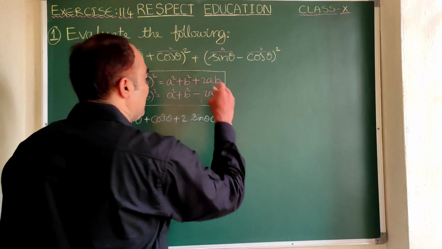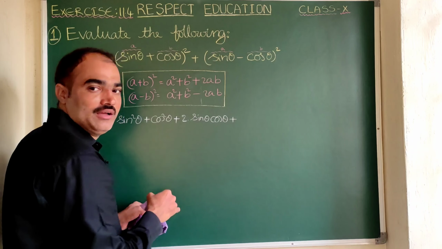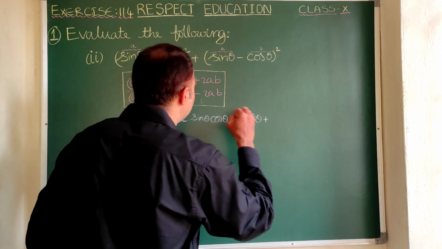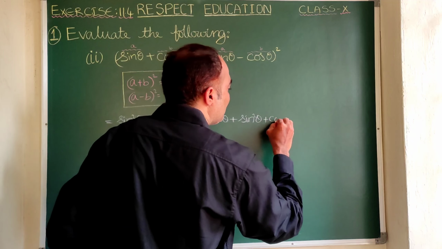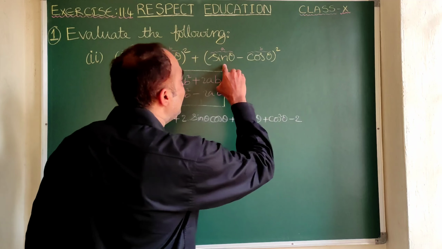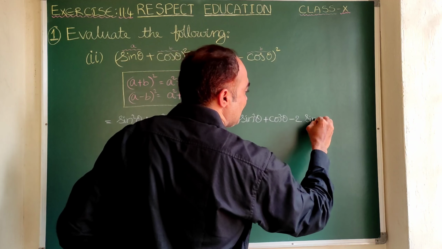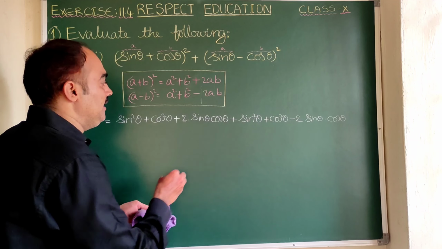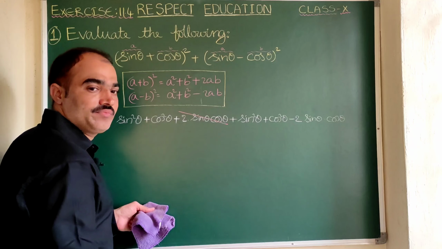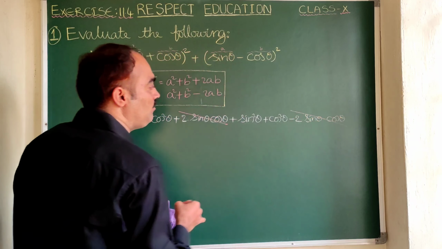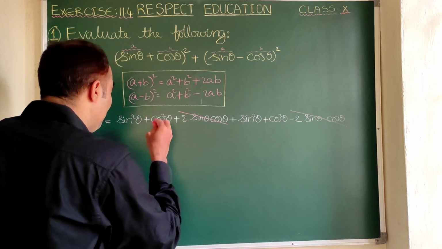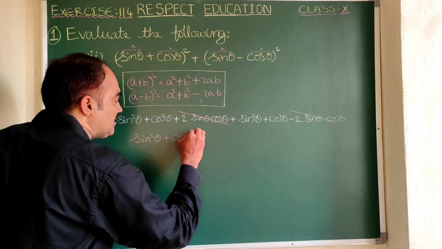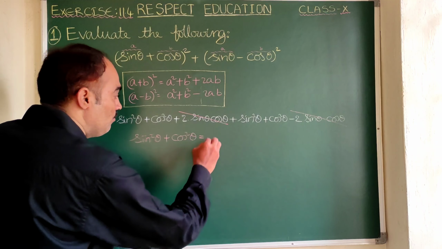No, sir. Right. Plus now again the A minus B whole square formula. Now you tell me A square: sin square theta, plus B square: cos square theta, minus 2AB: sin theta into cos theta. Is it clear? Yes, sir. Now here this plus 2 sin theta cos theta and minus 2 sin theta cos theta both get cancelled. And here we have one more formula from trigonometric identities, that is sin square theta plus cos square theta value is 1.